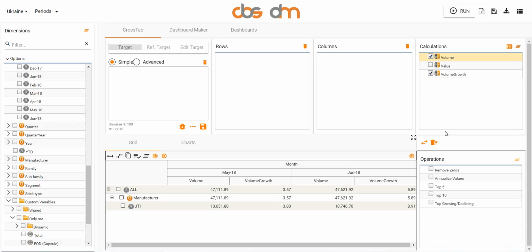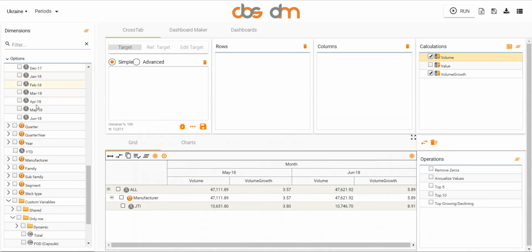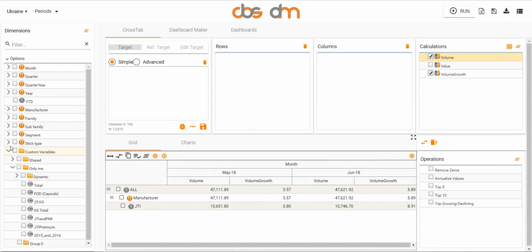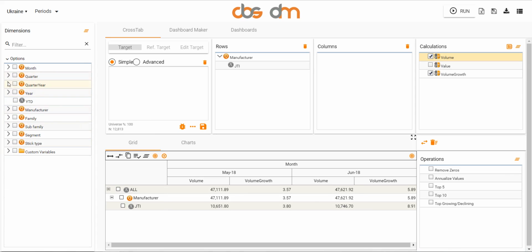We cleared all the rows, columns, and target to make room for the one we need. We need to see this, so we need volume and volume growth for JTI. So let's do that here. We will put only JTI into rows, and in the columns we will put year-to-date and